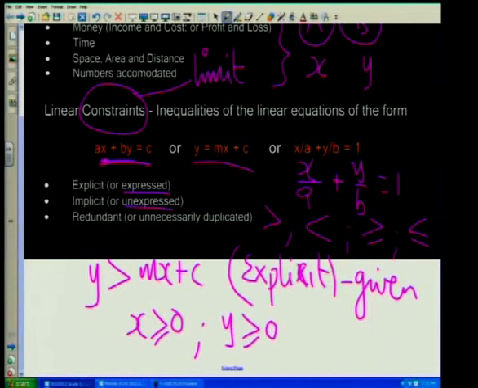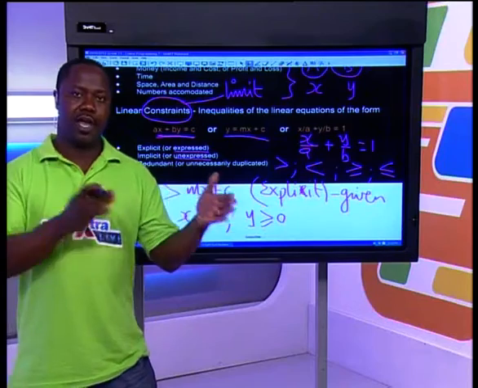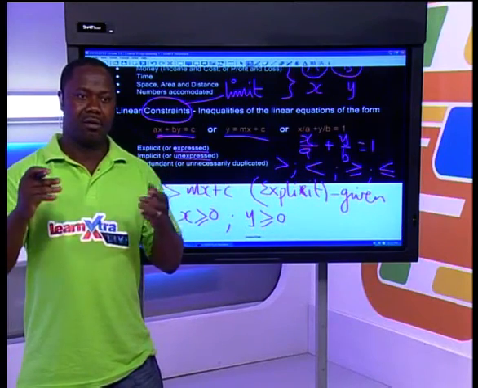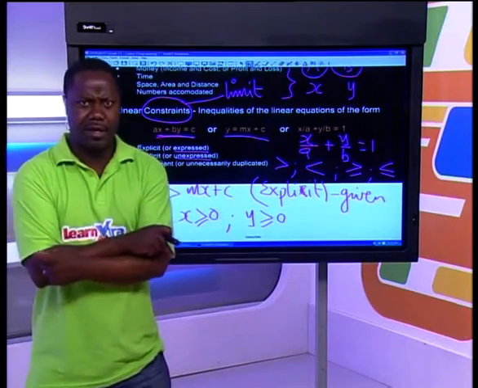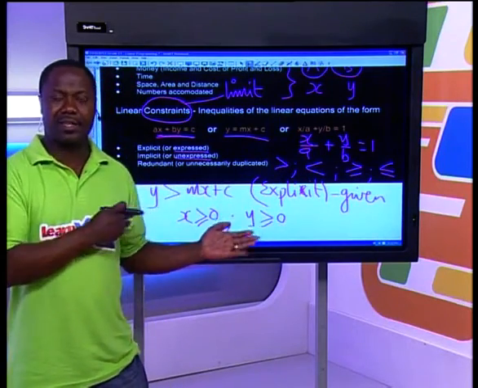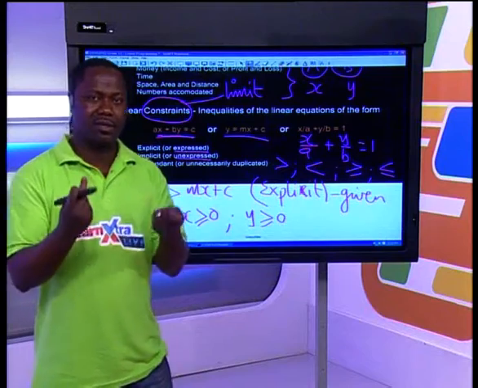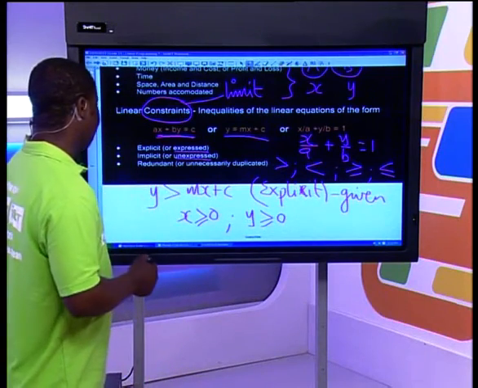Okay, so those are unexpressed. So I don't have to tell you. If I say to you A is greater than B, you can conclude that B is therefore less than A. So the same with this thing. So those are implicit. You have to know them. All right.